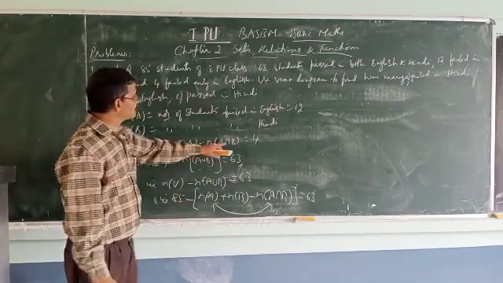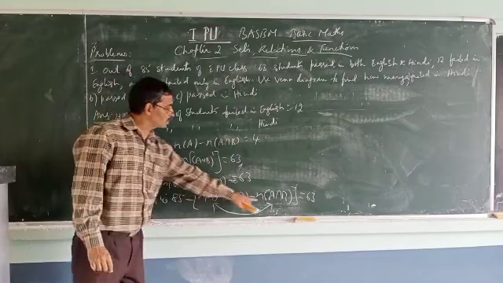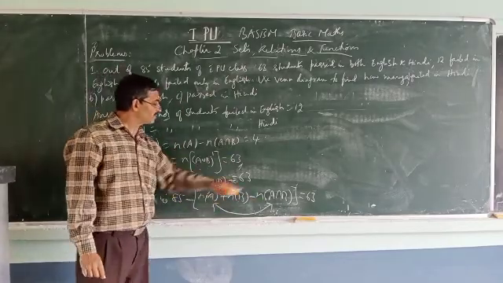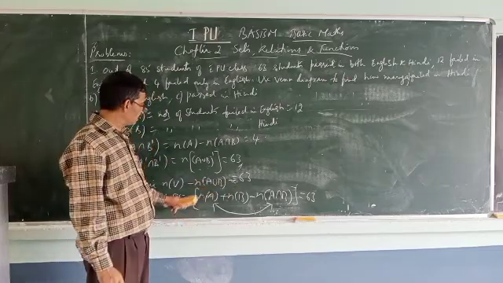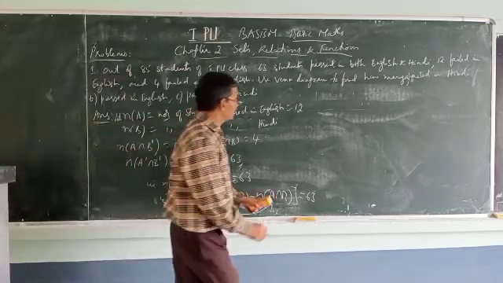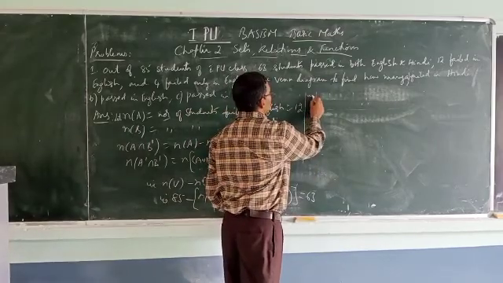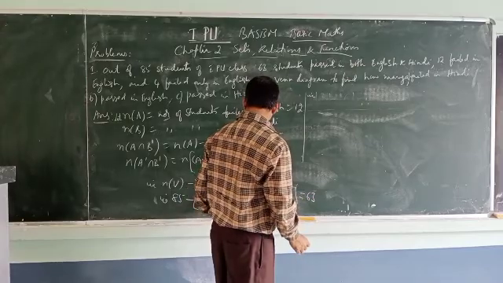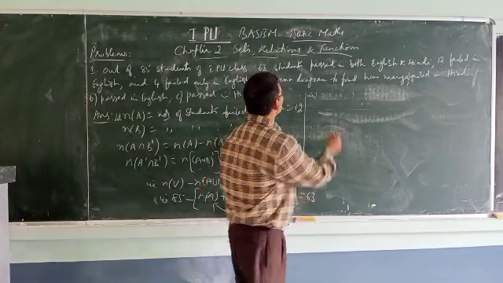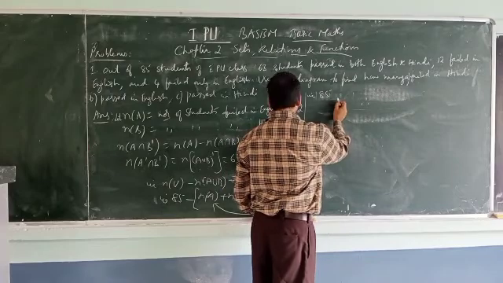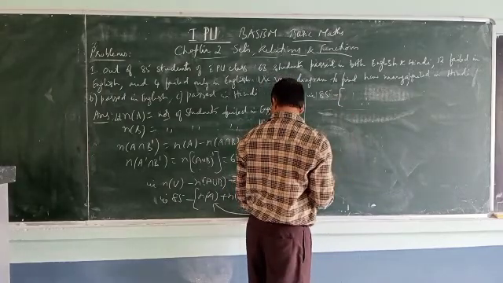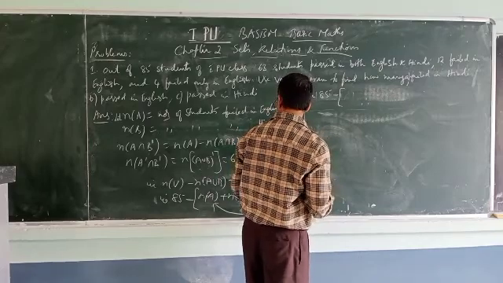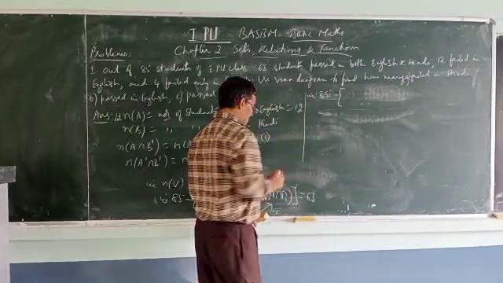N of A minus N of A intersection B is known, that is 4. So we will replace it, because N of A minus N of A intersection B is 4, and find out N of B. Rearranging, what will you get? 85, take this to one side and simplify. 85 minus N of A minus N of A intersection B, which is 4. It is given. I will call this 1 for reference.